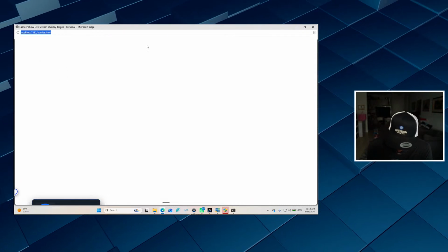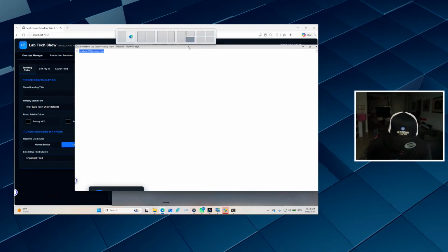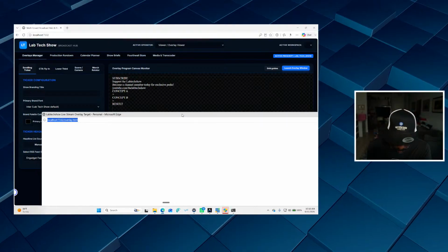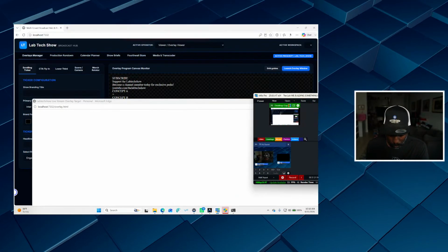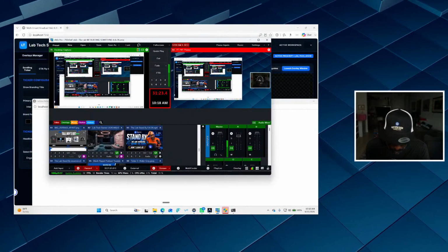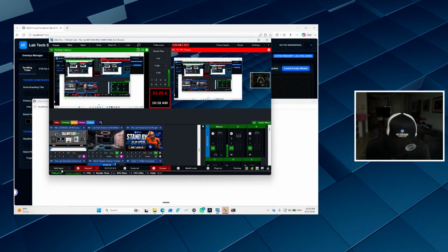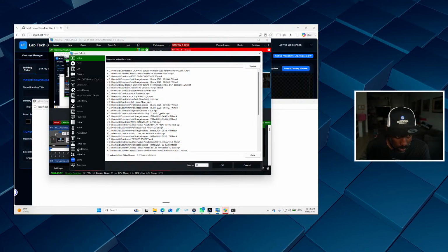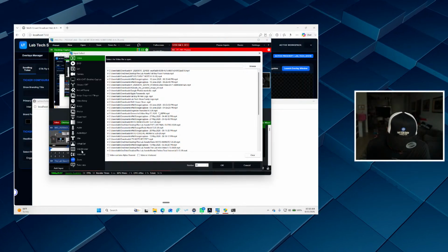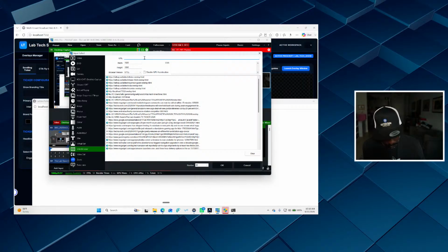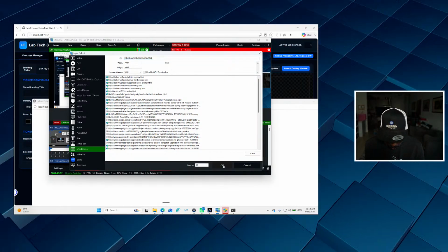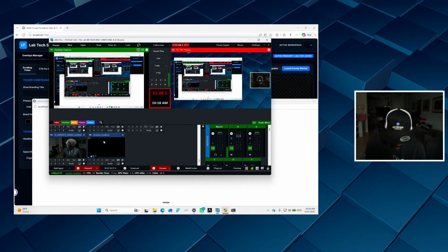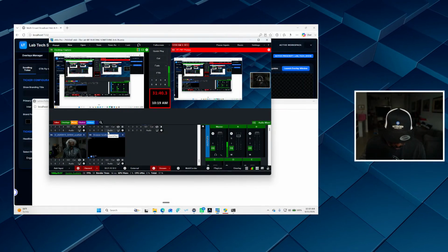All right. So there's the overlay right there, y'all. So we need to see if I can bring in my vMix. So this is the system right here, right? So I'm gonna bring it in over here and let's see what it does. And we're gonna add an input. And then we're gonna do web browser and we're gonna hit Control V. And this is supposed to be the overlay. And when I do the overlay, this is what it's supposed to look like.